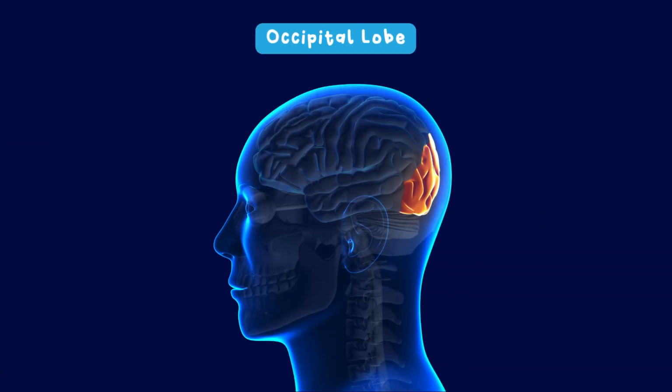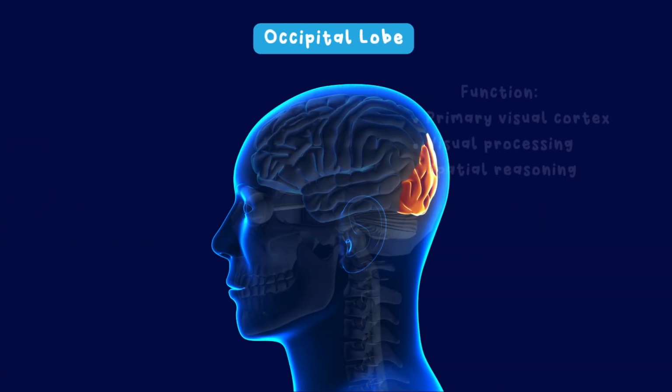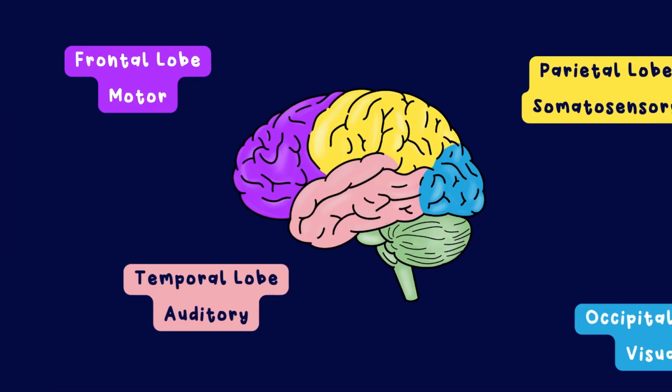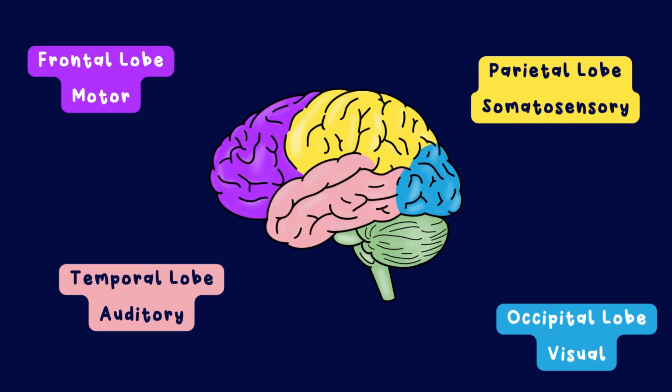The occipital lobe, highlighted here, contains the primary visual cortex. It's crucial for visual processing as well as spatial reasoning. Now that we have broken down the 4 lobes, it's a little bit more manageable to understand which each lobe